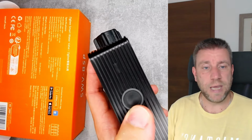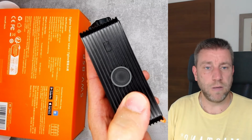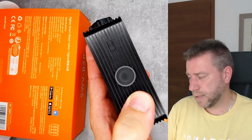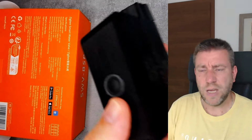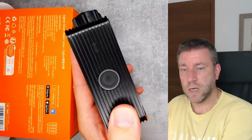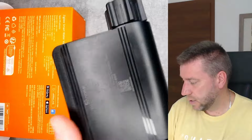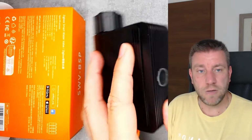And it has a green, yeah, so you probably, I don't know if you heard a click, so it just turned on. Okay, you can hear a click, and now it's off. And when it's in pairing mode, this ring just flashes. But that's pretty much it. You don't really need to know anything else